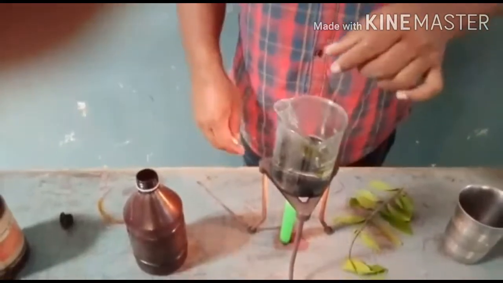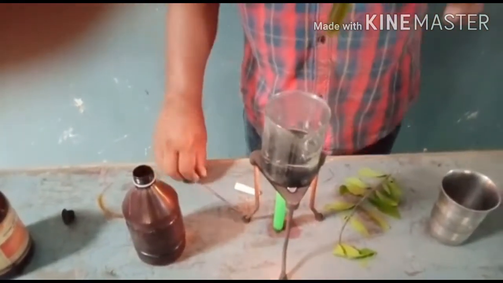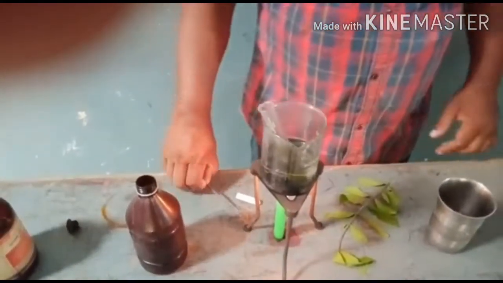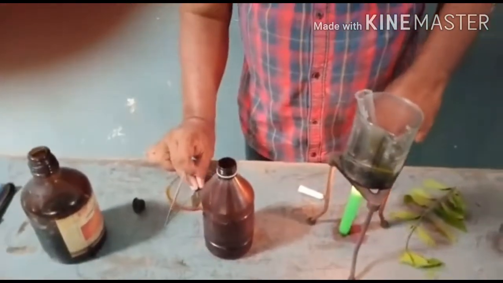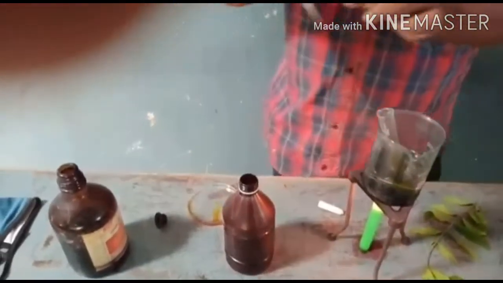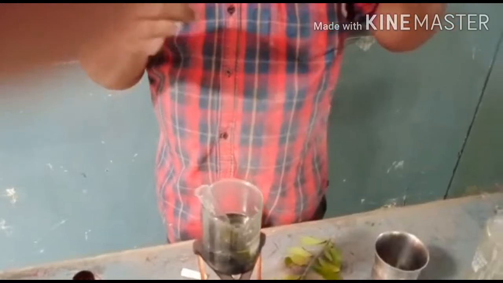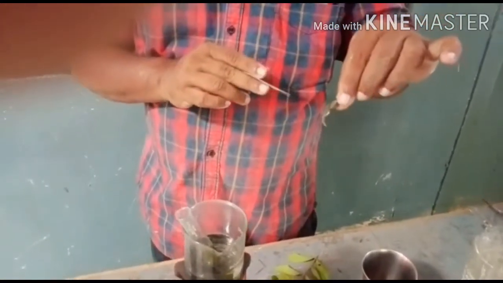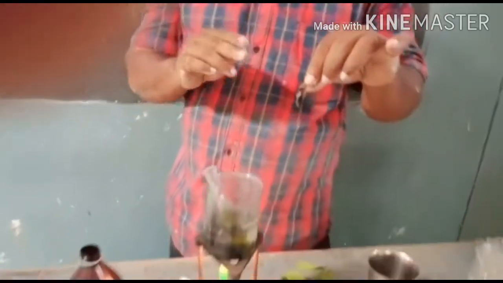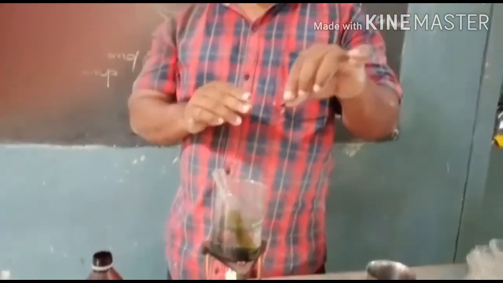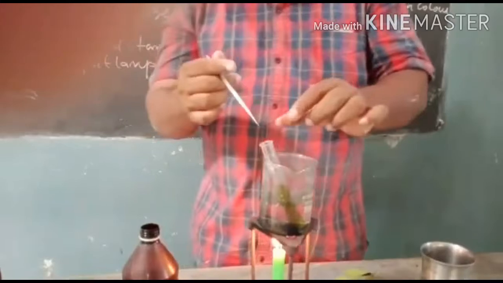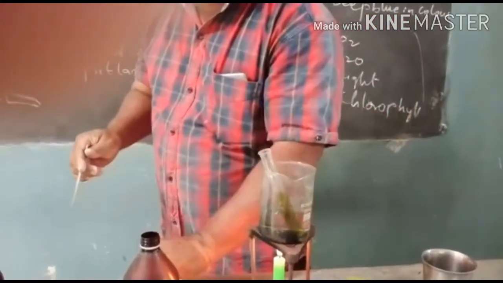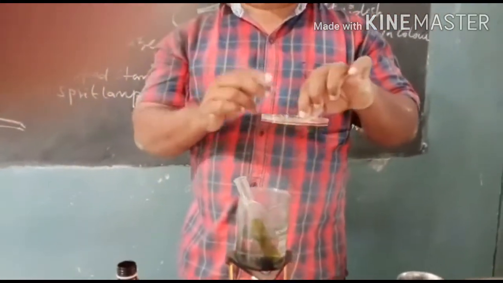After half an hour you notice that the leaf changes to white in color. I already told you that. Inside the test tube the leaf turns white because the chlorophyll is extracted. Slowly remove that green leaf and put it inside the petri dish to bleach it in water.